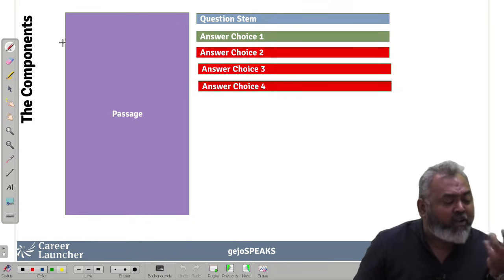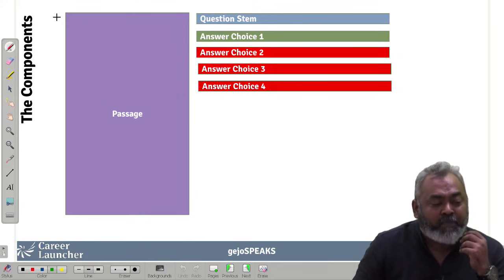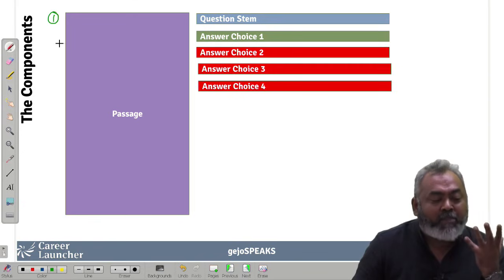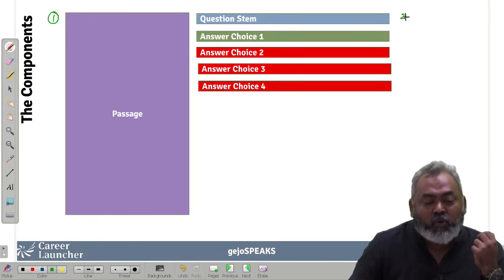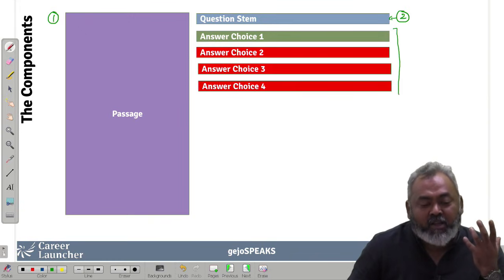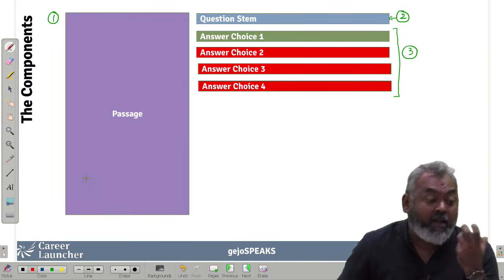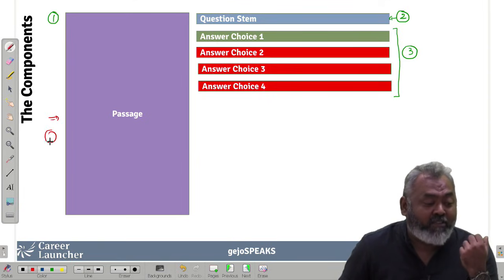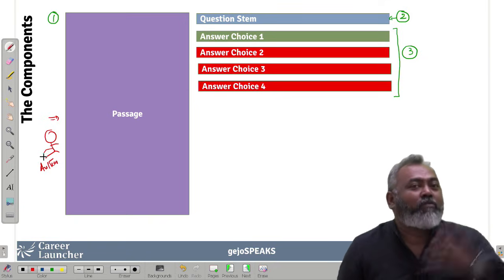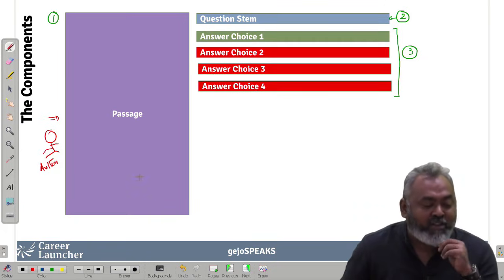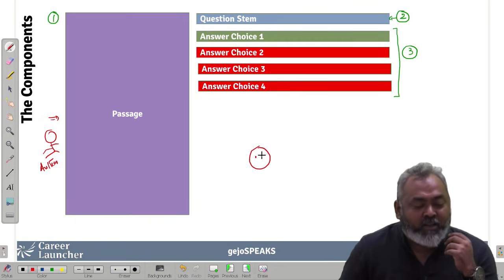our reading comprehension question for that matter has got these 3 components. Component number 1 is a passage. Component number 2 is a question stem or the question, and component number 3 is the answer choices or options. Now, component number 1 is written by someone else. So let me call that person the author, who created the passage. All our question setter is doing, so let's call him the